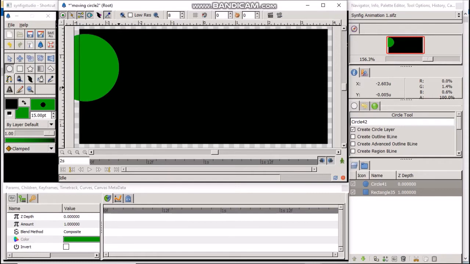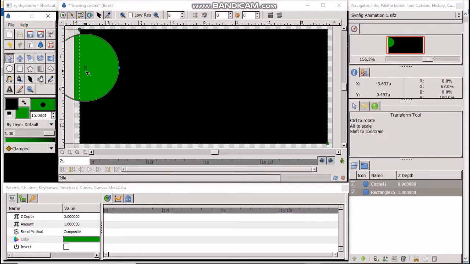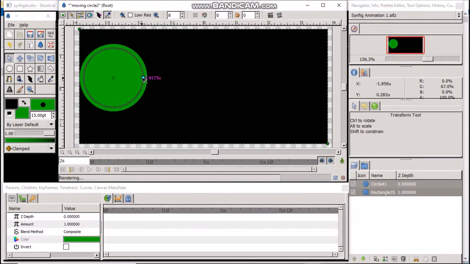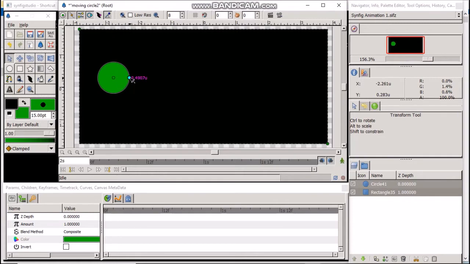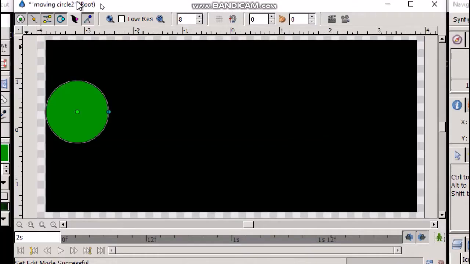We will use the transform tool and make changes in the position and radius of the circle. This is the position of the circle, and by using the blue duck we will change the radius of the circle like this. So our object is now ready.